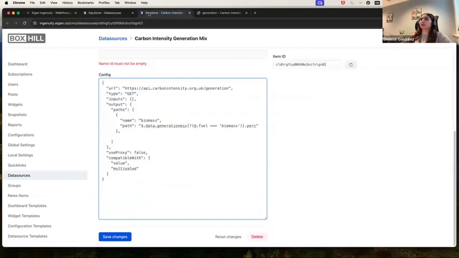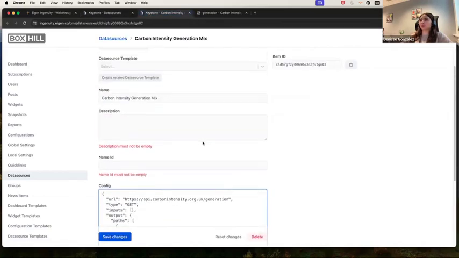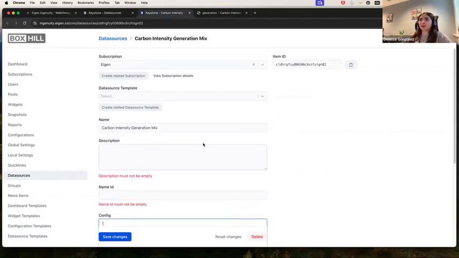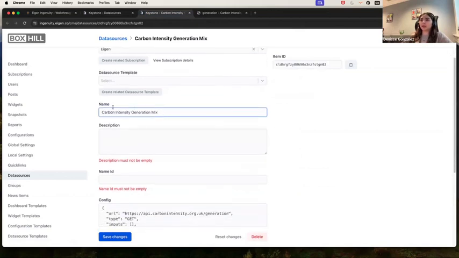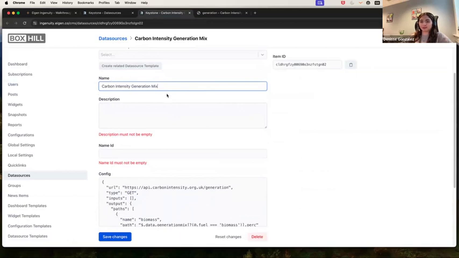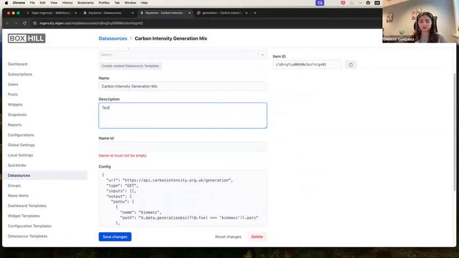I've already started one, so let's just go ahead with this one. This is carbon intensity generation mix. And here we have the name. This is a name which we're going to see in our drop-down options in the dashboard, so it's important to have the proper name. Here we can add a quick description. Let's just put test for